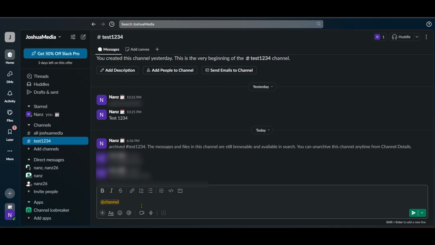And that's it. In just a few simple steps, you've now learned how to get everyone's attention on Slack. Remember to use this feature thoughtfully to ensure that it remains effective and doesn't become overwhelming for your teammates. Keep practicing these steps and soon you'll be